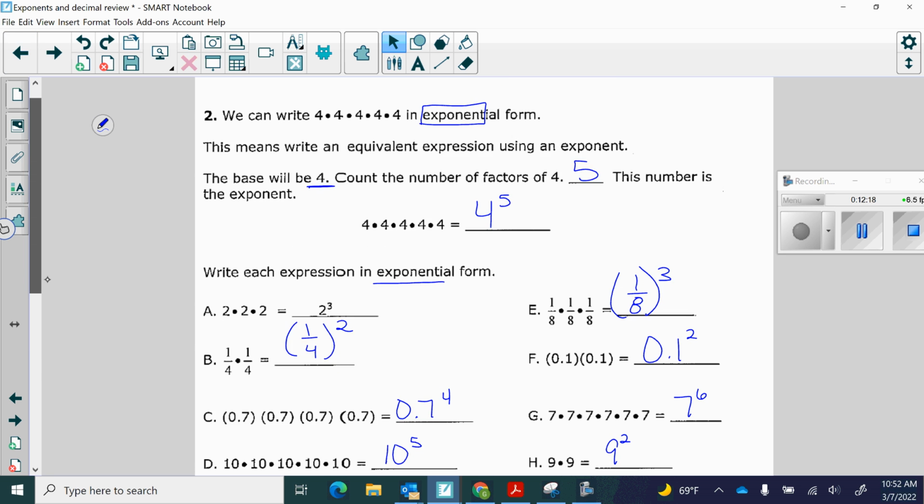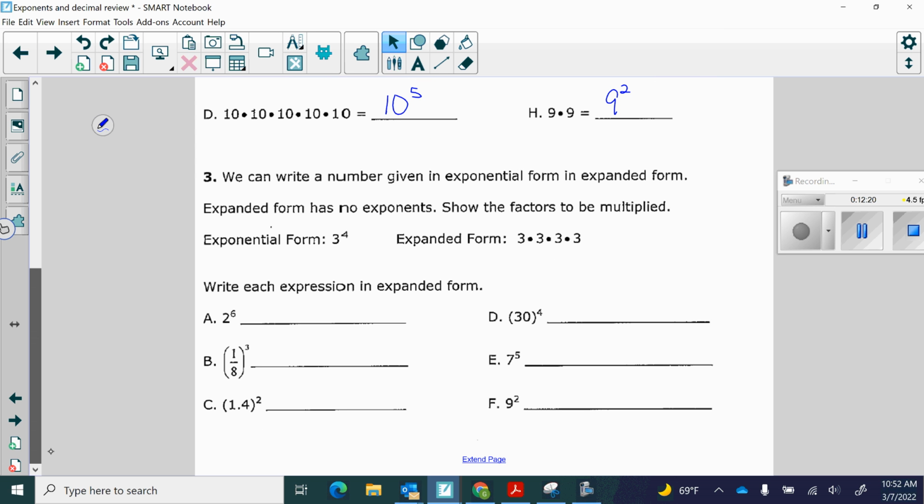I think I skipped something. Okay, so let's look at the bottom of the page. This time we're taking it from exponential form and we're taking it to expanded form. So doing the opposite of what we just did. We're taking it from the exponent and writing it as a multiplication sentence. Make sense? So how would I write 2 to the 6th power in expanded form? Kaylee? 2 times 2 times